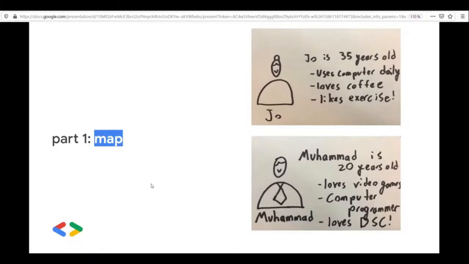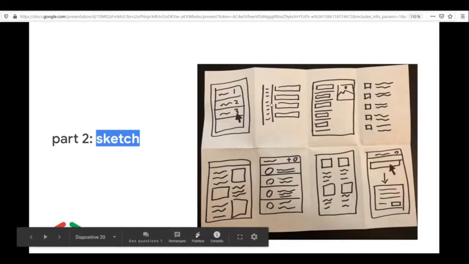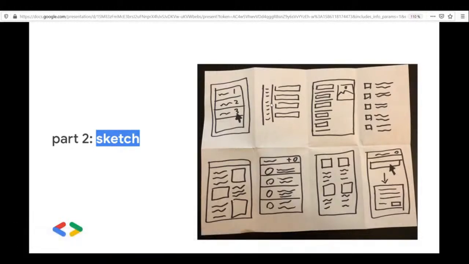Moving to the other part, sketch. Here we'll do the crazy eight. Remember the crazy eight? Who has an idea about crazy eight here? So each member of the team should take a piece of paper and fold it up, as you see